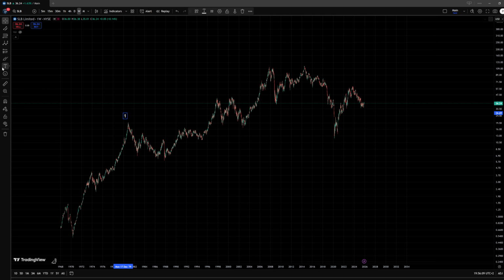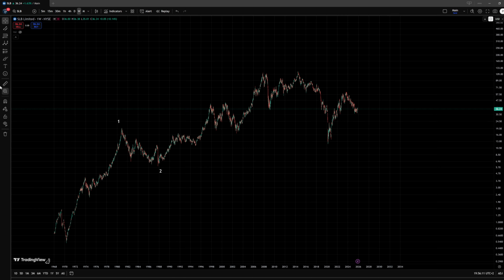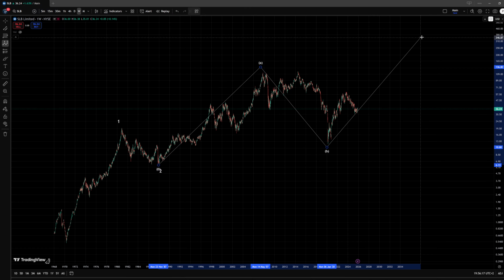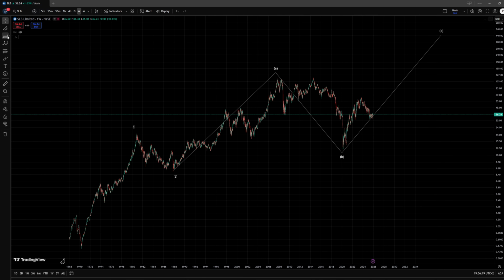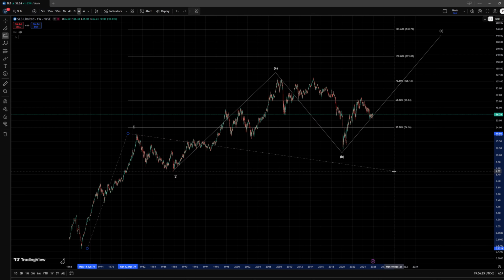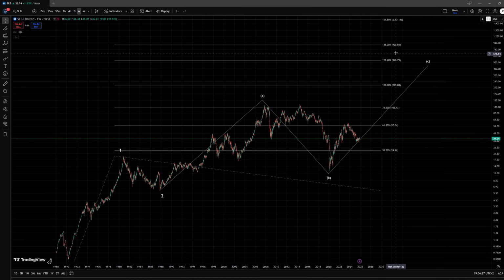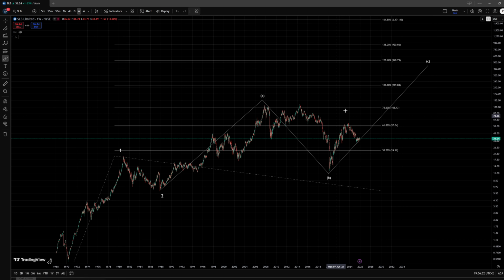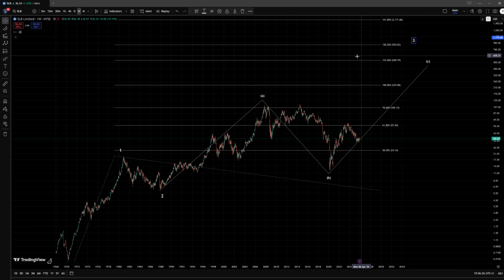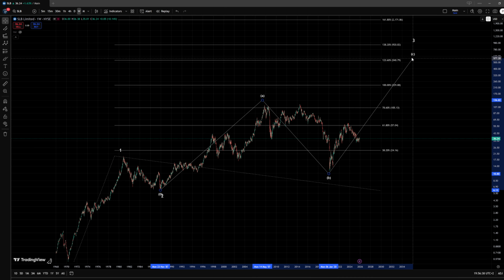And we can even go ahead and mark these ideas on the chart, and since we have the wave 2 bottom already, we can even go ahead and look for an ideal target for the third wave to the upside, which is the 138.2% extension of the wave 1, and we have so far gotten only to the 78.6% retracement, and we are looking to overall reach the 138.2% extension of the wave 1 within this overall wave